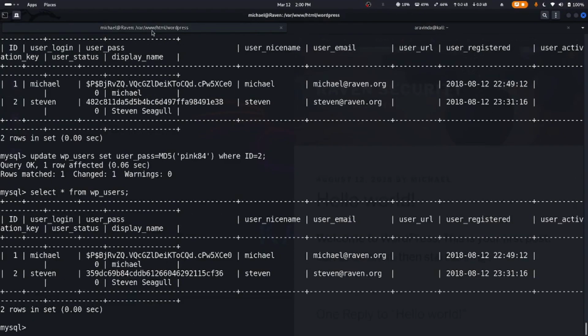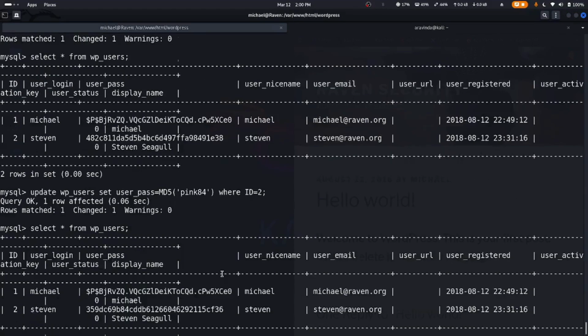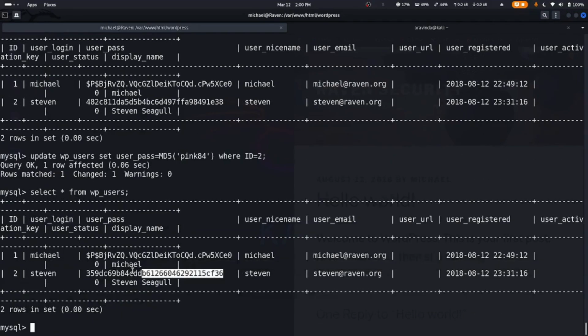So we update it again, and we do review it, and it just changes back to that pink84. Okay, I don't think this is MD5 format. Let's check whatever format this is, right? Let's copy this,